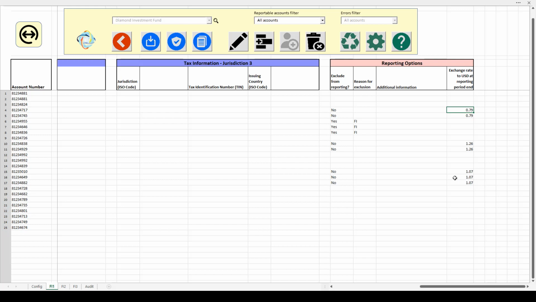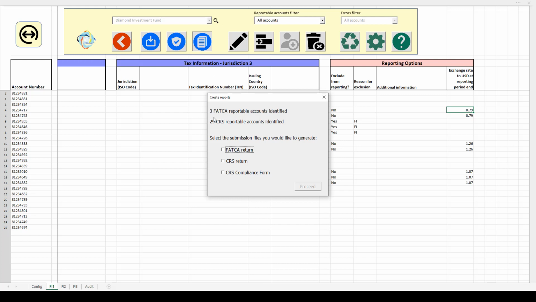So having completed our FI details and made sure that our accounts data is up to date, we can now click on the Create Reports button to have a look at how the CRS compliance form is created. This has given me the Create Reports screen, and this is familiar to those of you that are already using AOI Hub reporting template.